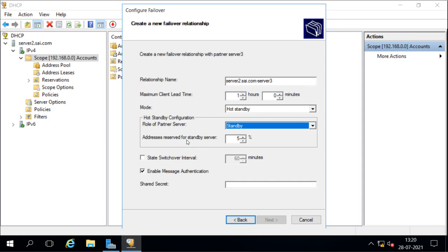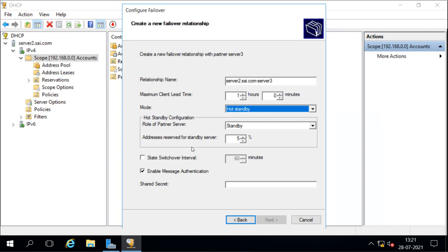And by this we can make sure that the DHCP server will be available every time. Now when we use the split scope, that split scope is only for that scope, but we can configure the failover relationship for all the scopes available in the server. So it will be used for all the scopes, but the split scope option is only for that particular scope. So this is the difference here. Also, in a split scope we have only the load balancing feature, where we can only balance the loads, but in failover we have the standby option also, where we can use the standby mode.